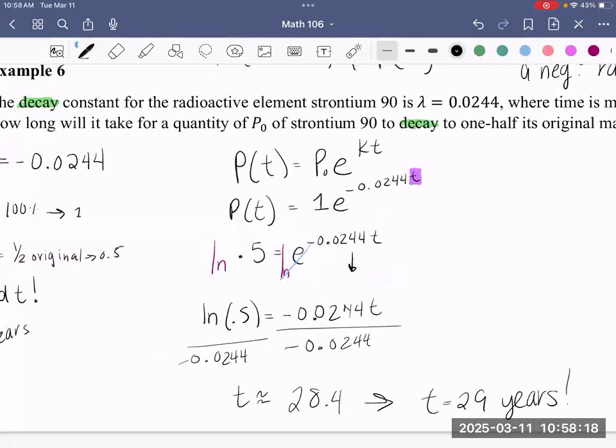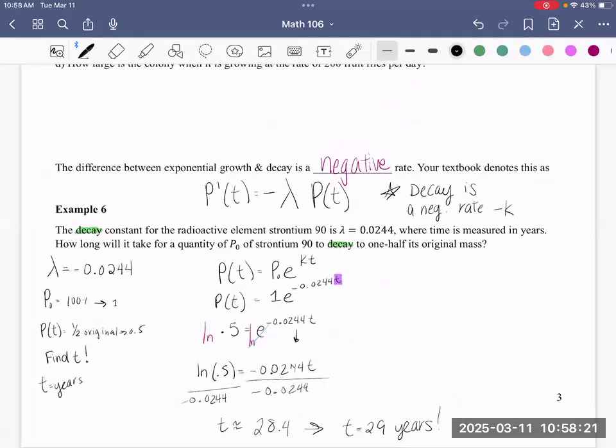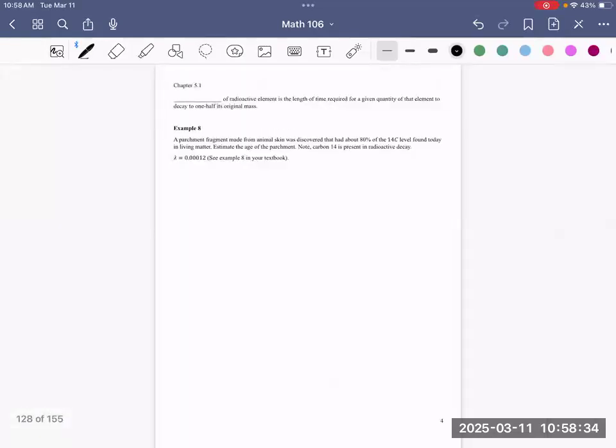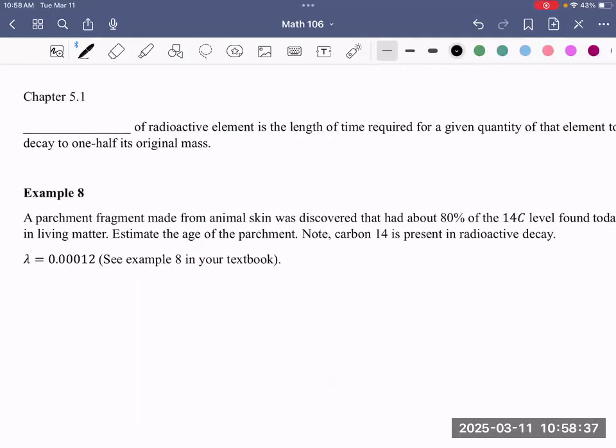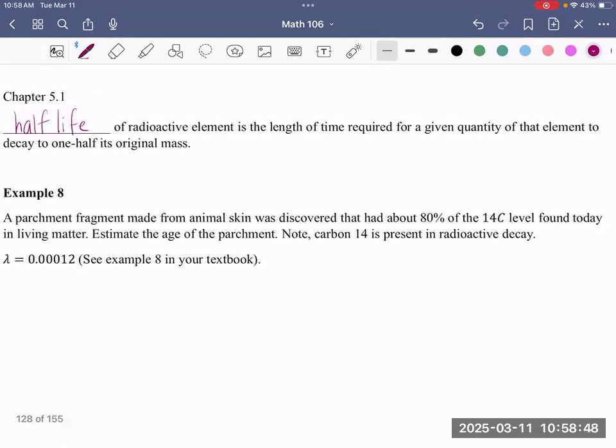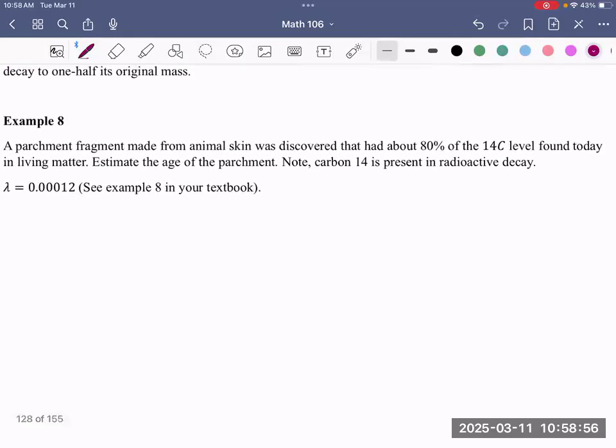So it's going to take us 29 years to get to half of that quantity of strontium, given that we have your decay rate at 0.0244. Now, what we've done is called half-life. We want to figure out what half its life of that element is. Half-life of a radioactive element is the length of time required for a given quantity of that element to decay to 1/2 its original mass. So let's see if you can try that out one more time, where it says a parchment